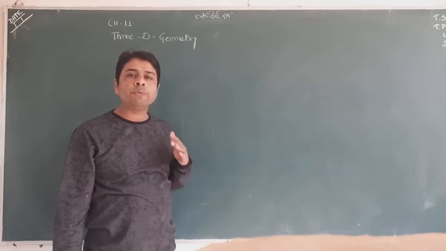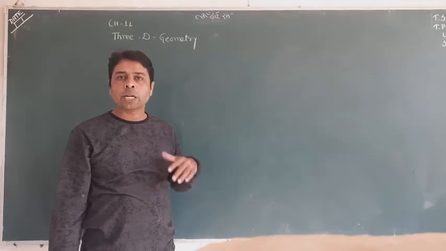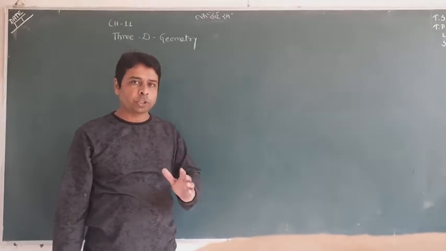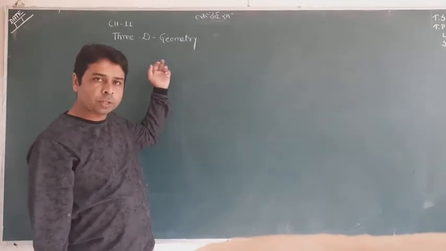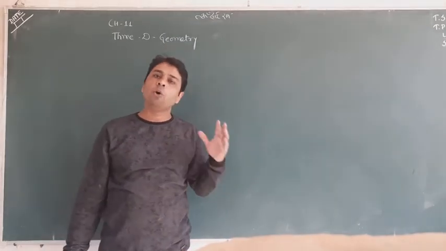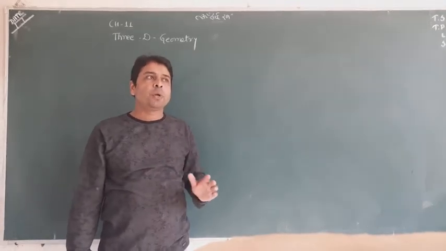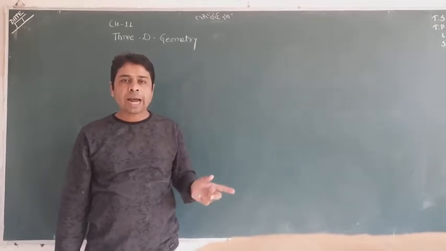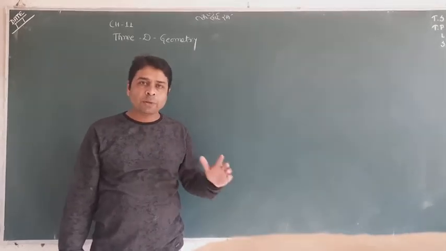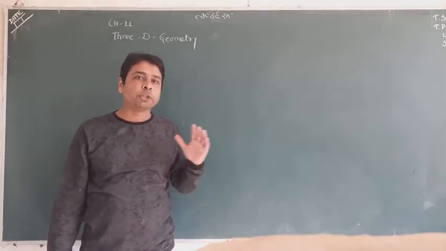Whatever equation we see, we have to remember both equations: Cartesian equation and vector equation. Cartesian equation means three-dimensional geometry, which we will study, and the vector equation must also be remembered. So here we have to study two things, line and plane. One by one we will look at them, but the first exercise is only a revision.